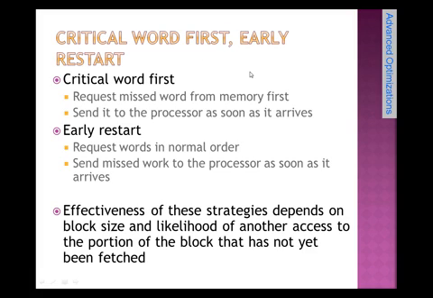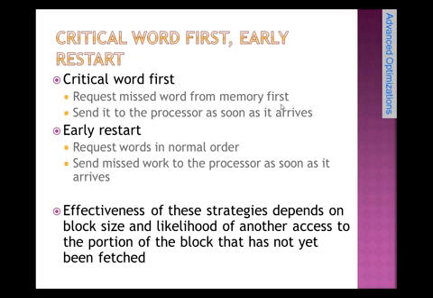Then critical word first and early restart. That is how the critical word is fetched first and then early restart. This is critical word first: request the missed word from the memory first. That is, if the cache memory does not contain the data required by the processor, then first of all the cache requests the missed word from the lower memory. Even though it has other words, if the word required by the CPU is not available in the cache memory,